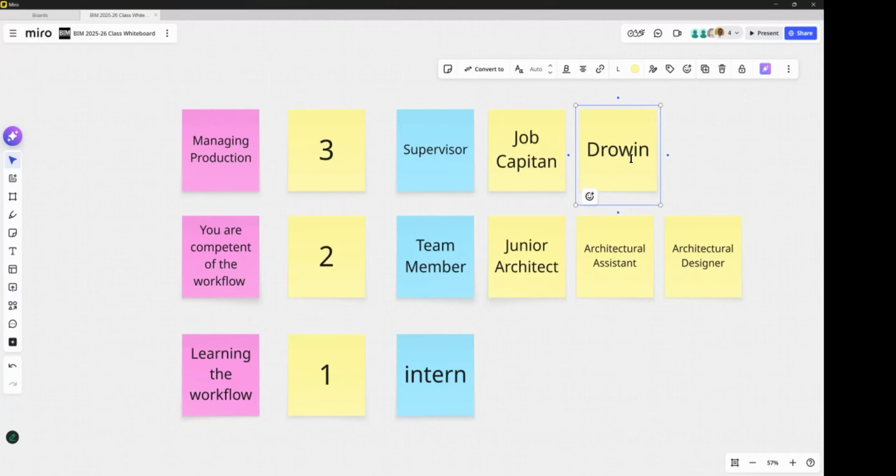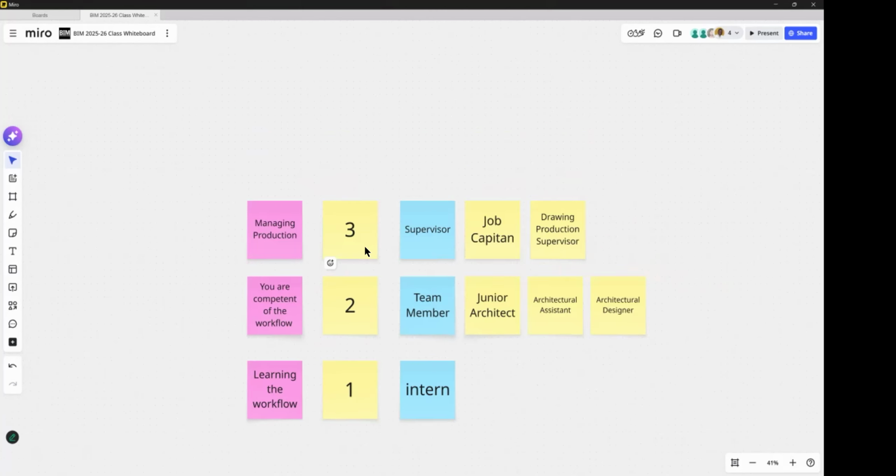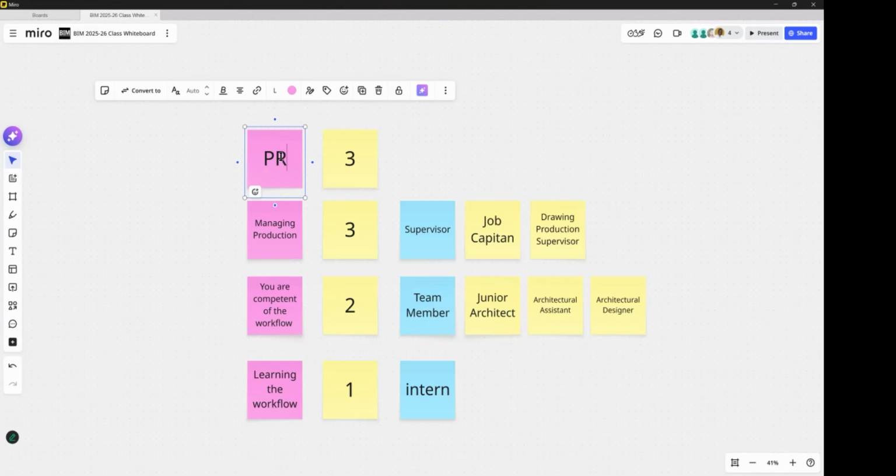Drawing production supervisor, right? And then there's a level 4, and this one is what you call the project... now I'm going to say manager.